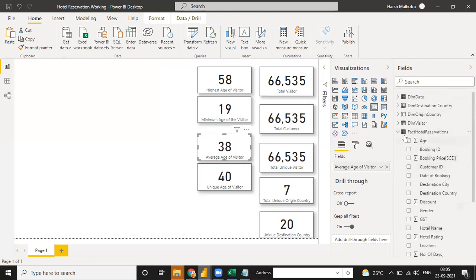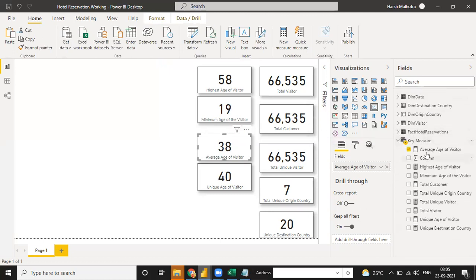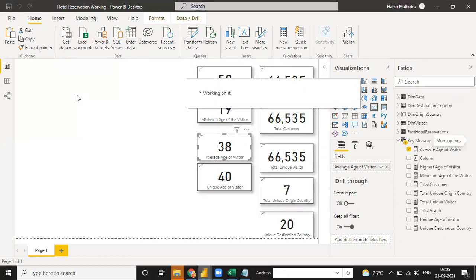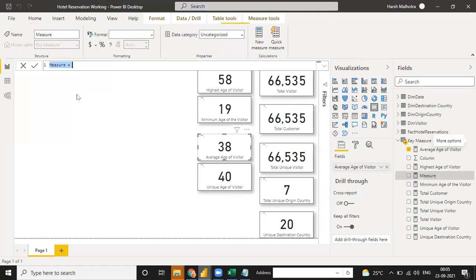So I will write it with you. And see, every measure you can put as a separate measure in the table only. New measure. Highest rating, and the rating will be maximum.